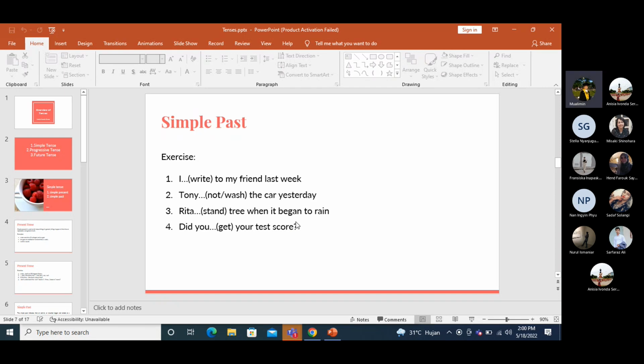Usually, yes, students like singing. You can ask them to choose a song, to rewrite the lyrics and explain, not only the tense, but also maybe it's good to know the story behind the song.